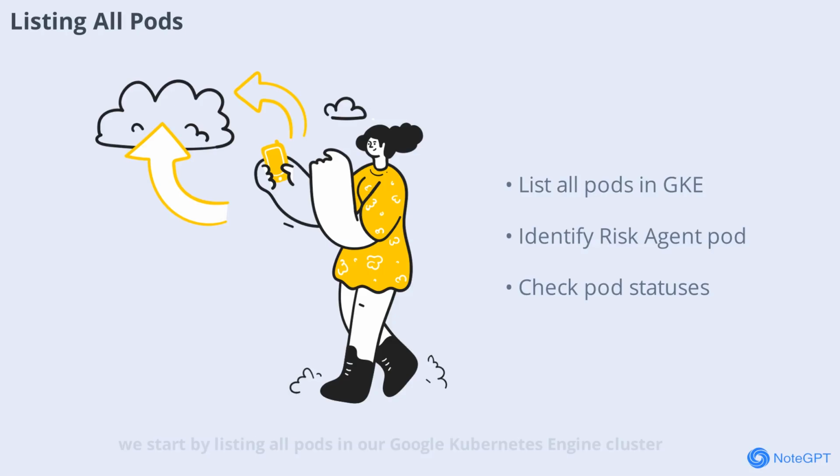To begin our deployment journey, we start by listing all pods in our Google Kubernetes Engine cluster. This step is crucial because it helps us identify the current state of the cluster and locate the risk agent pod if it's already deployed. Using the kubectl get pods command in the terminal, we can quickly see all running pods, their statuses and names. This overview ensures we're working in the right environment and sets the stage for the deployment process. With this information at hand, we're ready to move forward and apply the risk agent deployment, knowing exactly what's running